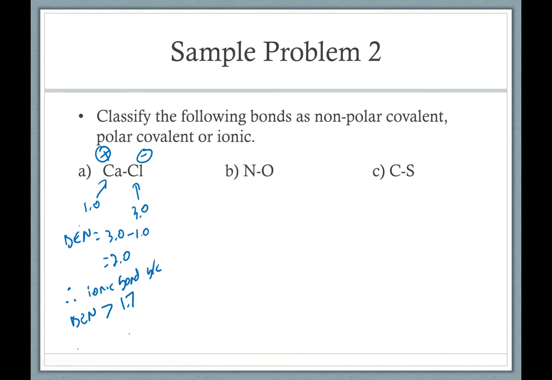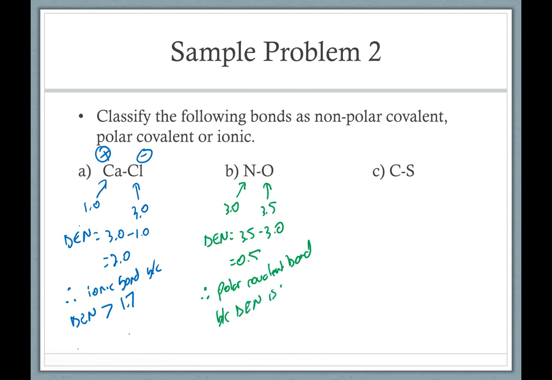If we look at B, I would recommend pausing it and trying this on your own and then seeing the full solution. So if we look at nitrogen, it has an electronegativity of 3.0. If we're looking at oxygen, it is 3.5. So we're going to calculate our delta EN, and we have 3.5 minus 3.0, and we get 0.5. So therefore, this is a polar covalent bond because delta EN is between